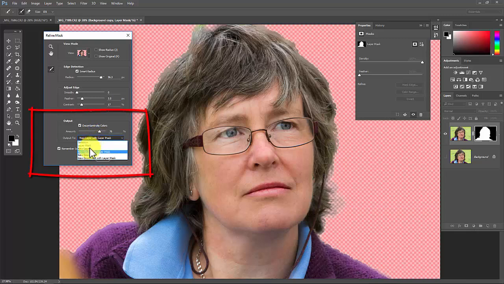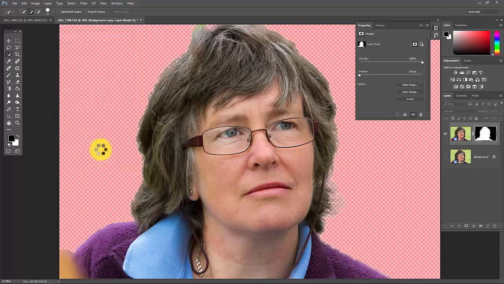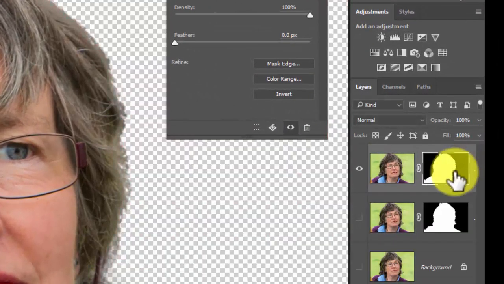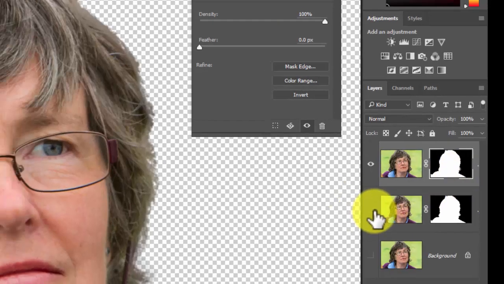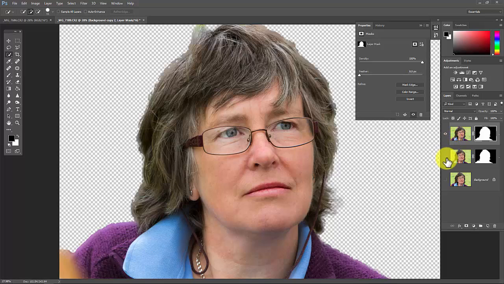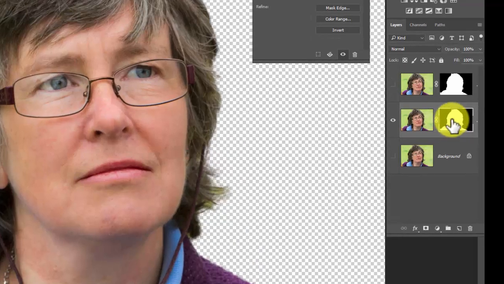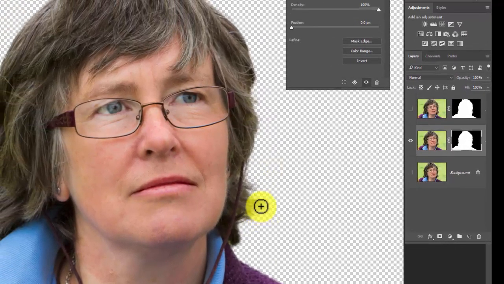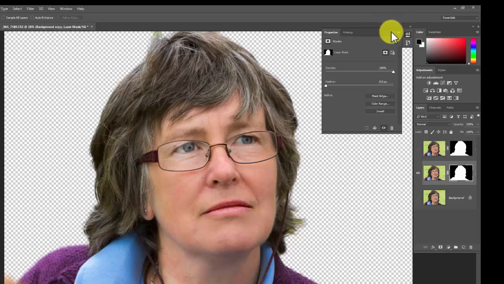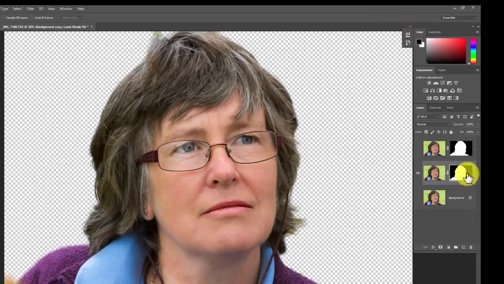This will create a new layer with layer mask, so it gives us the option that if we are not happy with the new selection, we can go back to the original one. We didn't really improve a great deal, so I've gone back to the original mask, and you can see here